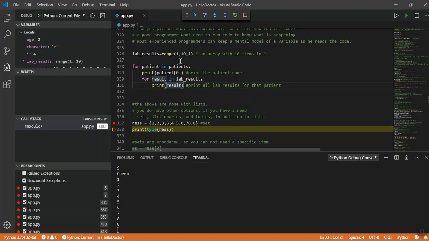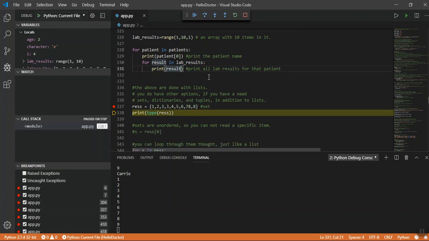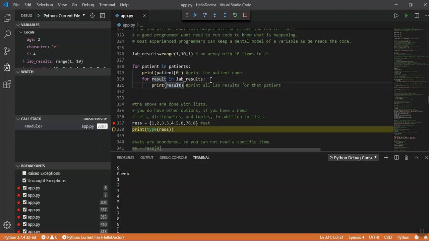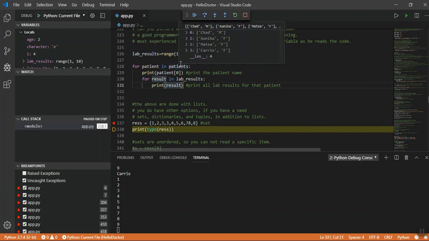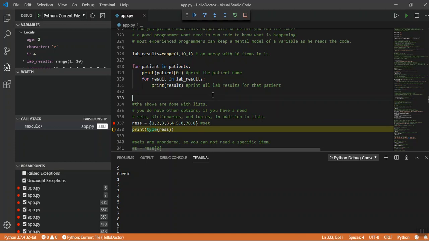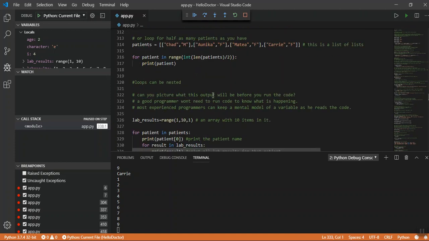Okay, so just showing you what a nested for loop looks like. Okay, so all the examples I've given you so far, we're dealing with lists, right? That's what this is. That's what they are when we use the square brackets, right? These square brackets are saying that these are lists. And we talked about that with the data types, because it's really the easiest one to use and to work